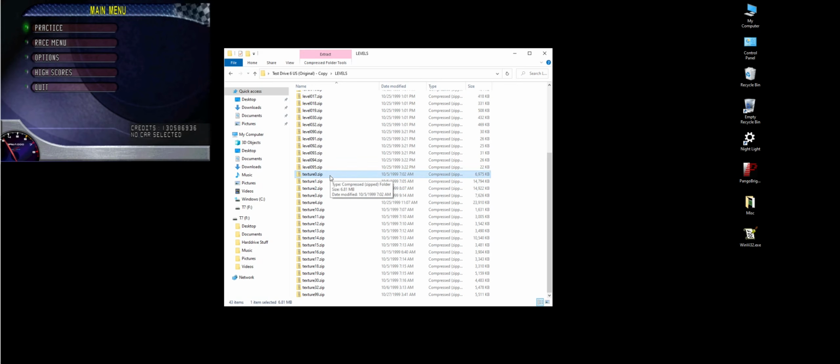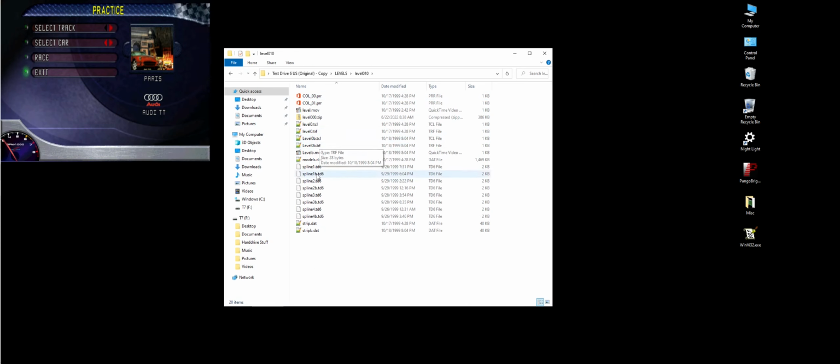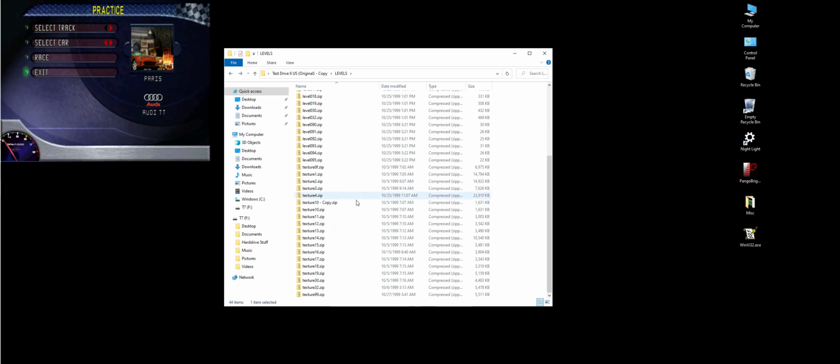That's what's missing. So this is Paris's textures. This is the original one, so I'm just going to rename it that. And I'm going to make a copy of Pelton Raceway. And notice here that there is no texture 5, for example. That means that this represents all of Pelton Raceway forward and backward. And it's the same for the levels too. That's another reason why I could not separate the forward and backward. It's kind of weird how the B's in here represent the backward track data, but the folder as a whole represents both. Anyway, all I have to do is rename this texture folder from 10, which was original Pelton Raceway,